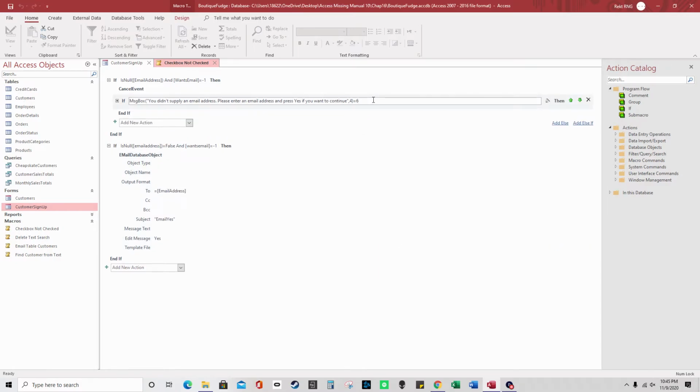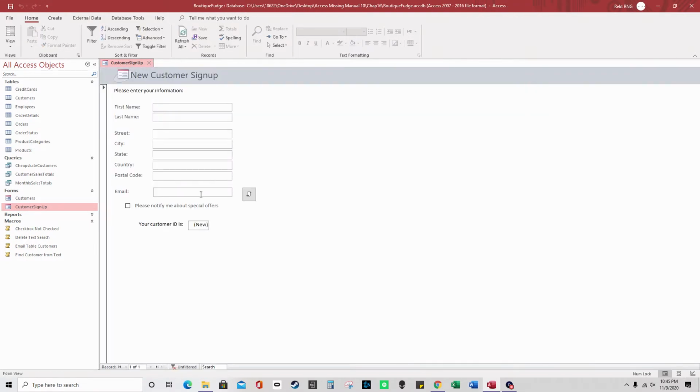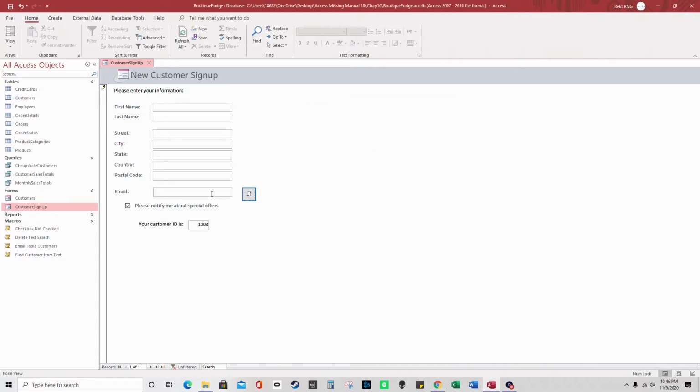You could play around with =6 or =7, so let me demonstrate that. Over here on form view, I'm just going to check here, not fill this out, and press send the email. And here's the yes and the no for this message box. Normally a message box just has okay, but you can make it say yes or no, and then you can do actions based on whether you say yes or no. So if I say yes here, it sends the email and just writes email address at the top because it's blank here. Or if I press no, then nothing happens